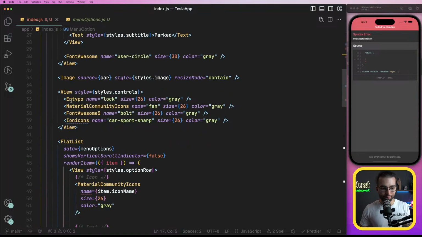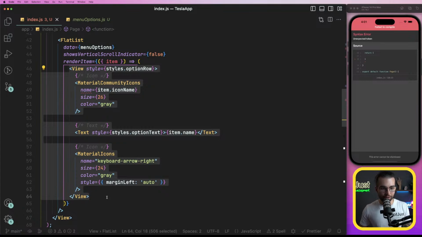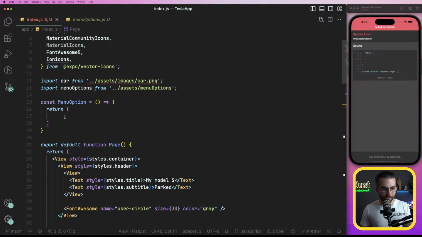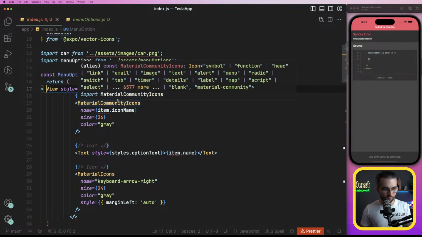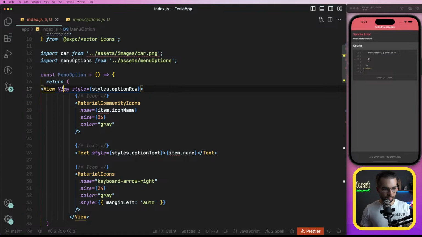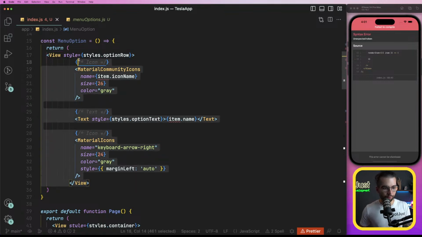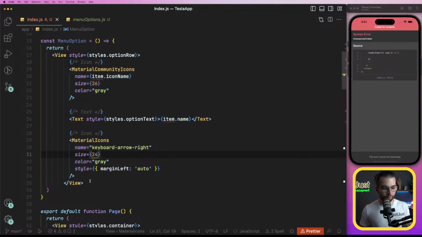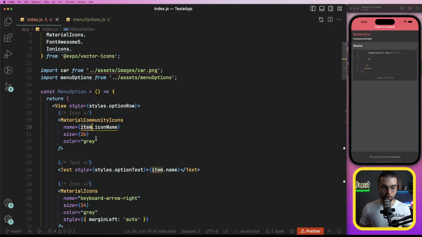What JSX? Well, basically this view with our option row. So let's take it from here and return it in our menu option like this. Why is it not aligning? Should align like this. The problem is that at the moment we do not have this item here, but we